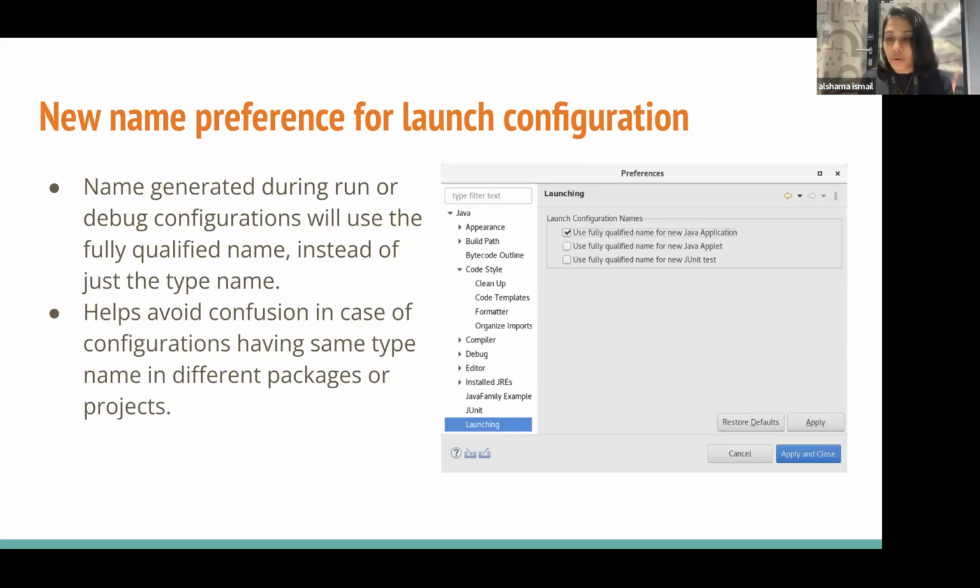Just by looking at the run configuration or the debug configuration dialogs, or the pull down that appears in case of run or debug, it may be difficult to determine just by the name what type of configuration it is referring to, that is, which project or package it belongs to. So in order to solve this, a new set of preferences has been added to specify that the launch configuration name generated should use the fully qualified type name. So once this has been set, the new configurations, which are either manually created or as a result of specifying run as, debug as, etc., from the context menu, will qualify the generated name, and this will in no way